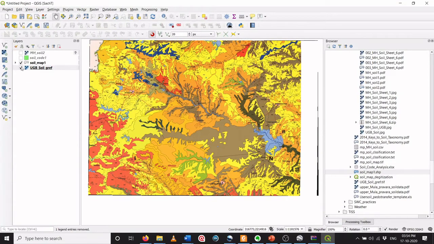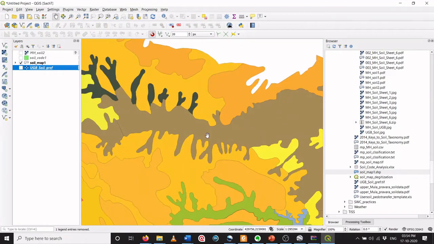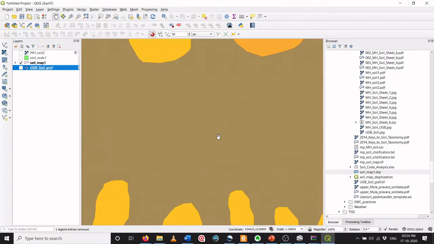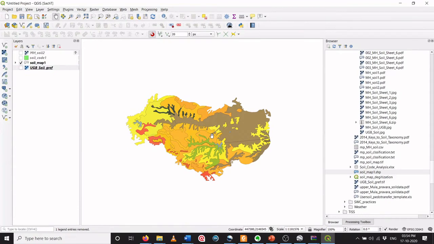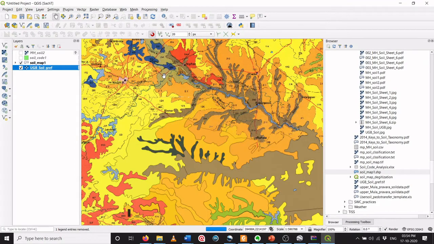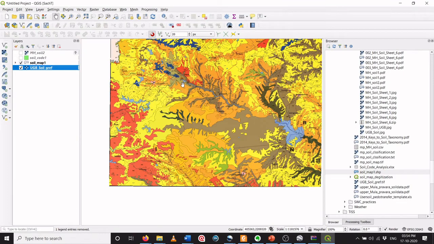So this is already georeferenced, and you can see these are the polygons and you can also see nodes and the segments. So this information has already been transferred into digital form. This is the original georeferenced but non-digitized soil map.